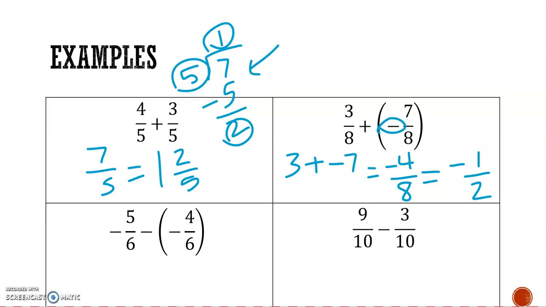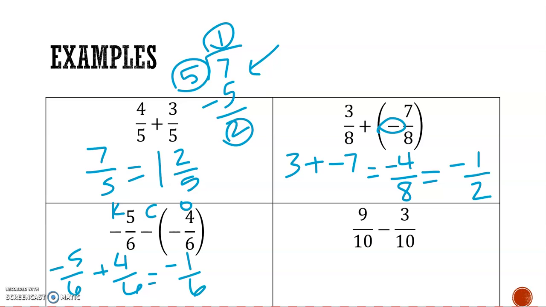All right, next one, we are going to do keep, change, opposite. Oops, put those in the wrong order. Here we go. Keep, change, opposite. So we have negative 5/6 plus 4/6. Since there's 6s in the denominators, that negative sign, again, I'm thinking of that in the numerator. So negative 5 plus 4, so those 4 positives will take away 4 of the negatives, leave 1 left, and